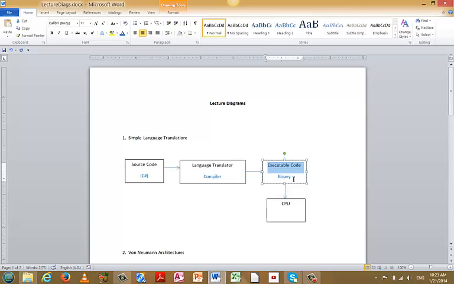combined with certain other pre-written program code that's contained within libraries. But once that executable code has been created, the combination of what you've written along with the program code that's merged from libraries, that executable binary code then is given to the central processing unit, and the central processing unit